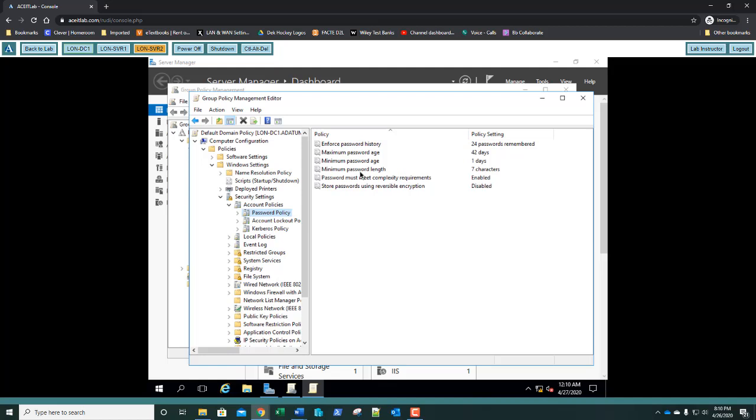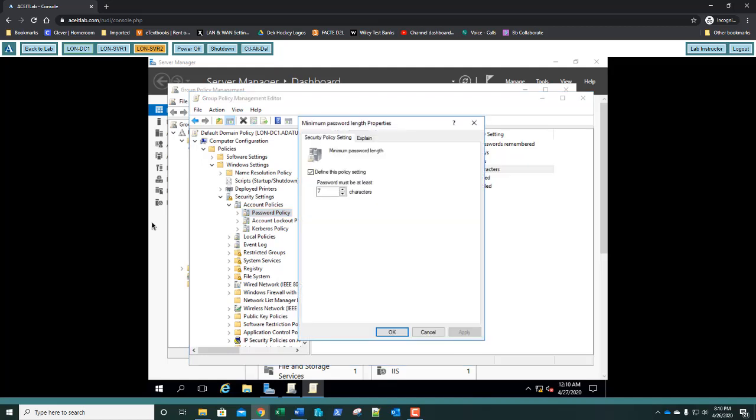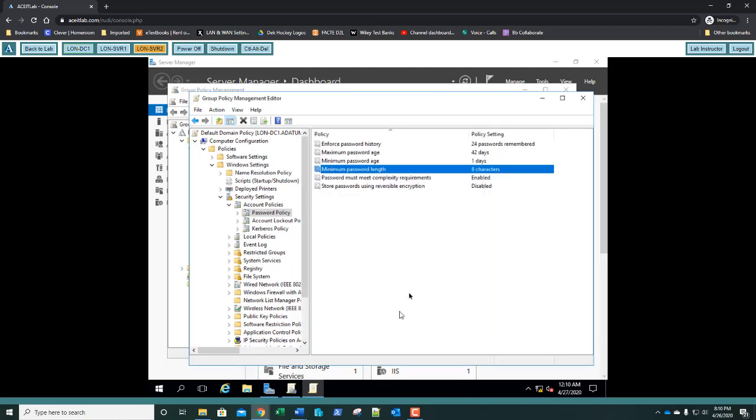Let's go ahead and double click minimum password length. We're going to change that from 7 to 8 characters. Go ahead and click OK. Now,